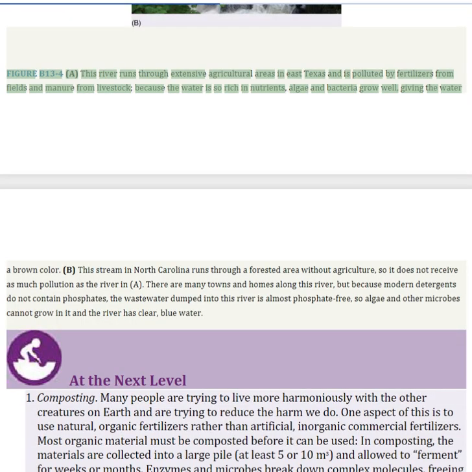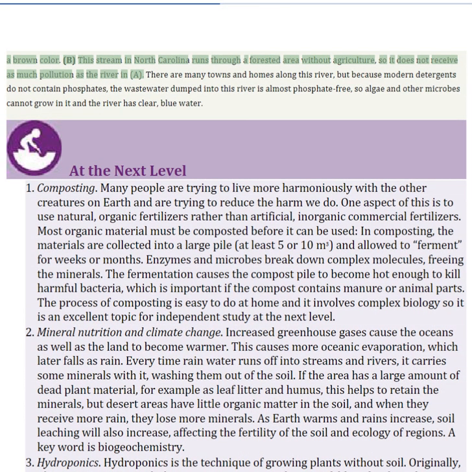Figure B13-4. This river runs through extensive agricultural areas in East Texas and is polluted by fertilizers from fields and manure from livestock. Because the water is so rich in nutrients, algae and bacteria grow well, giving the water a brown color. This stream in North Carolina runs through a forested area without agriculture, so it does not receive as much pollution as the river in